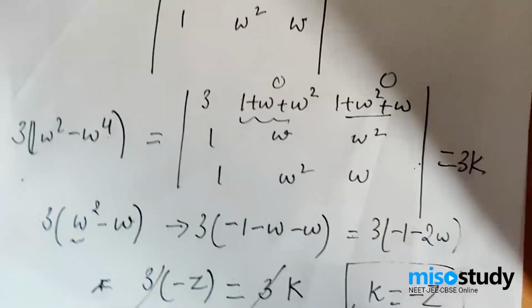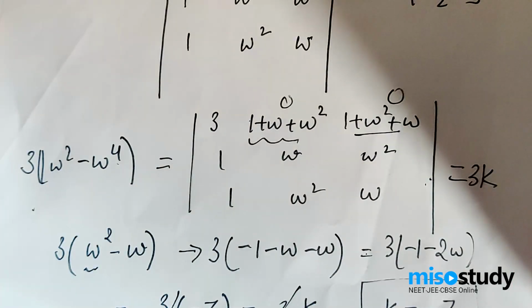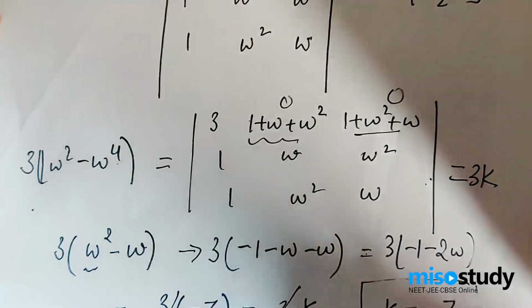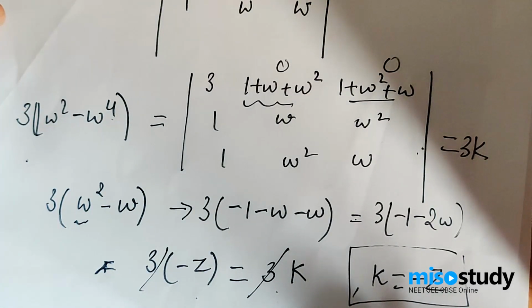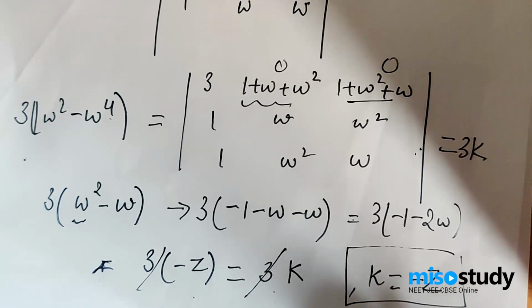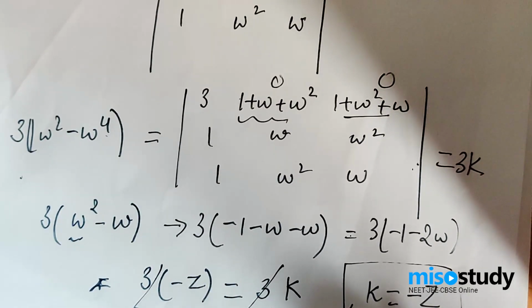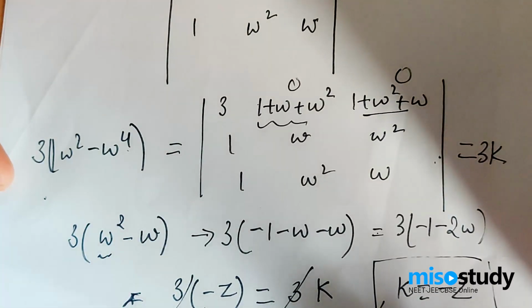Over here, I was just using the two formulas, which are 1 plus omega plus omega square equal to 0 and omega cube equal to 1, that is, for the cube roots of unity, which are also highly important in this chapter, complex numbers, because in one paper or the other you will certainly find mention of cube roots of unity and the usage of these formulas. So please be very careful with doing this topic in a nice way.